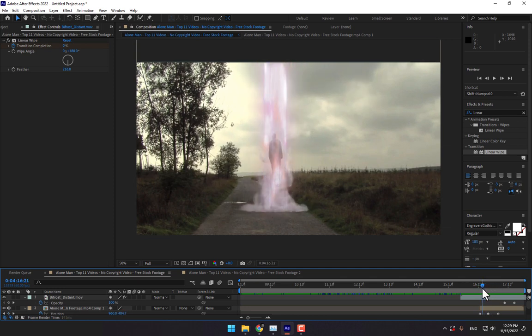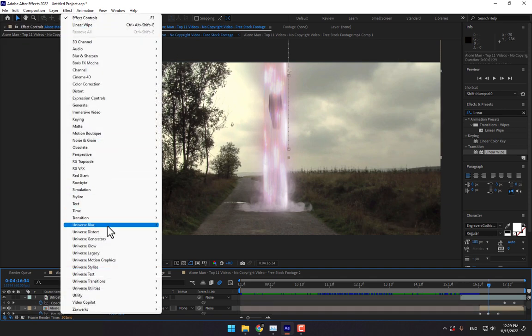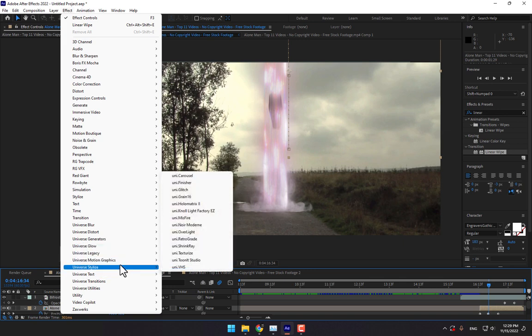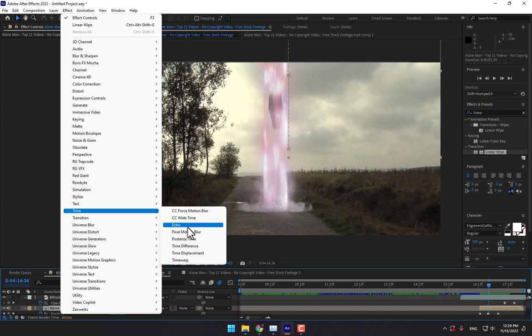Here is the character. Let's turn on the motion blur first, and let's apply time equal